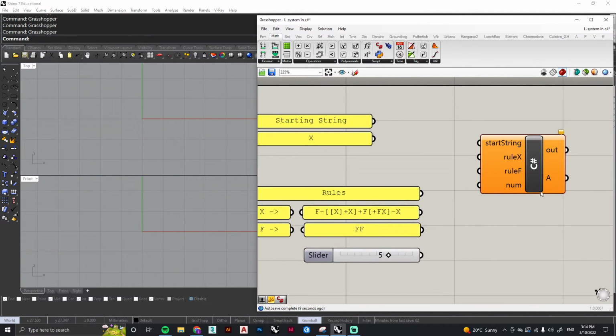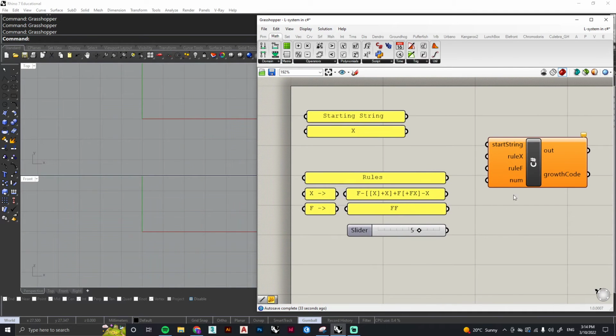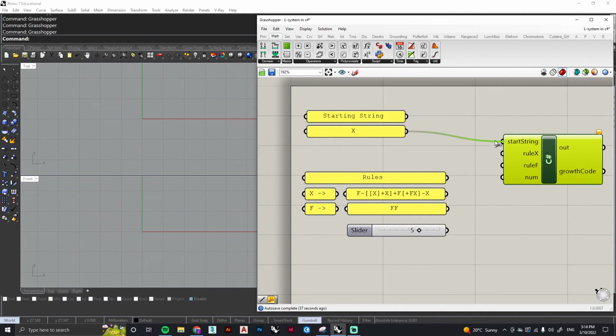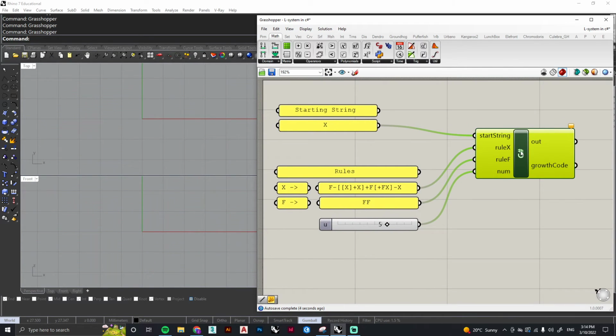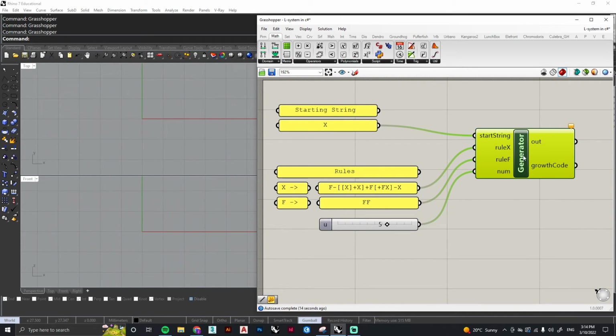Okay, with that done, we also just need to name our output, which will be growth code. And this is just going to be an empty container, so we don't need to specify what kind of data. We can plug these in. And then we're going to name this component generator. So again, right click and type in generator. Okay, cool. From here, we can jump into our script editor